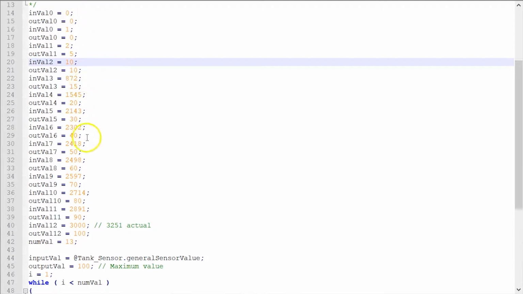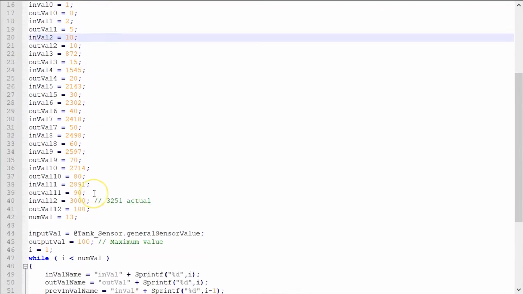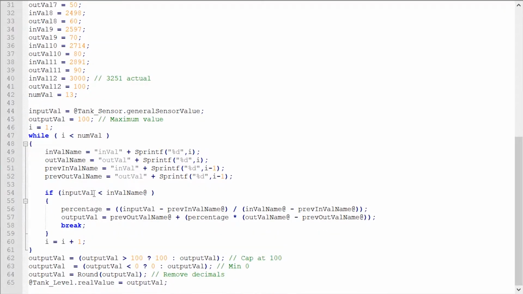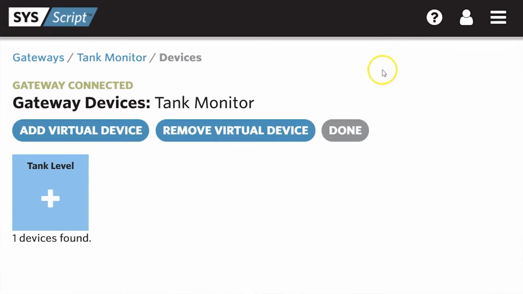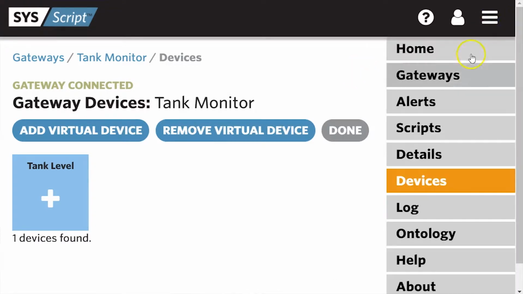And so there's a table here that represents those values up to about 3,000, which is a tank level between 0 and 100. And then there's an algorithm that actually does that mapping. So I'm going to insert this code right within our script. So I'm going to copy that, and then I am going to go to the scripts